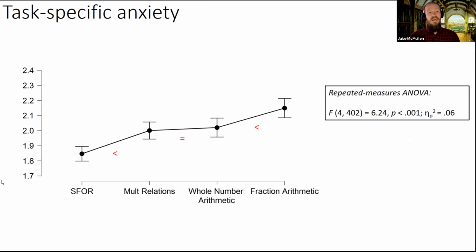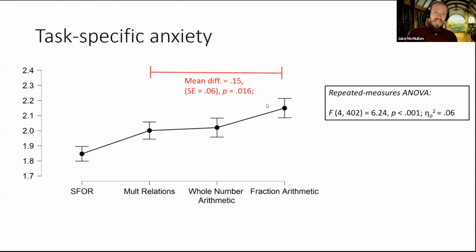Although you can see this scale is condensed. If anyone knows how to change scales in JASP, by the way, let me know. This was on a scale from 1 to 5. And we see overall pretty low anxiety levels and pretty small differences between the tasks, even though it was statistically significant. Importantly, when we look at the difference between the non-symbolic and the symbolic relational reasoning, there is an increase of about 0.15 on the scale from 1 to 5. So really not a substantial increase if you consider it.